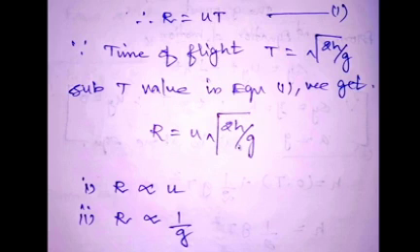Now what is the conclusion of this equation? The range is directly proportional to the initial velocity u, and the range is inversely proportional to the acceleration due to gravity. Okay, this is a very important conclusion, students. So the final equation R equal to u into square root of 2h by g implies that the range is directly proportional to initial velocity and inversely proportional to acceleration due to gravity. So this equation is used to find the horizontal range, the distance covered by an object.